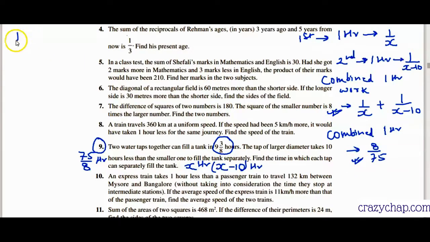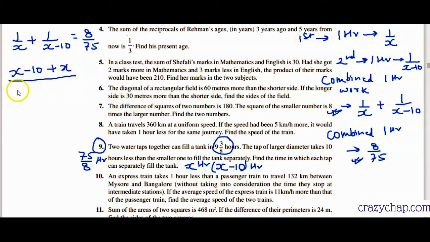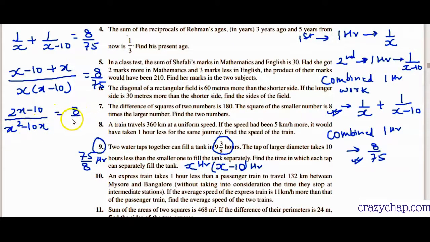So we get 1/x plus 1/(x minus 10) equal to 8/75. Simplifying that, we get (x minus 10 plus x) over x times (x minus 10), equal to 8/75. Solving that, we get (2x minus 10) over x square minus 10x equal to 8/75,